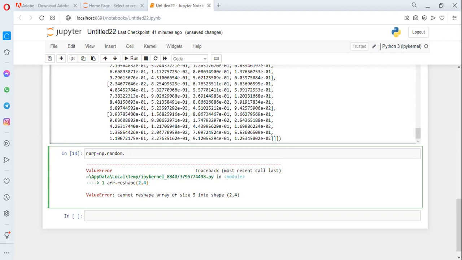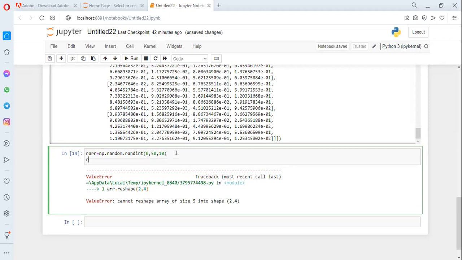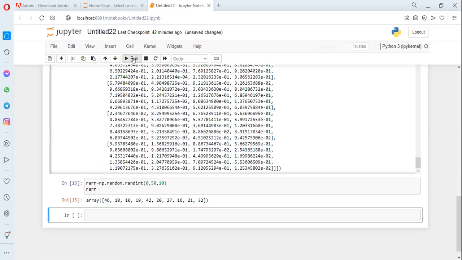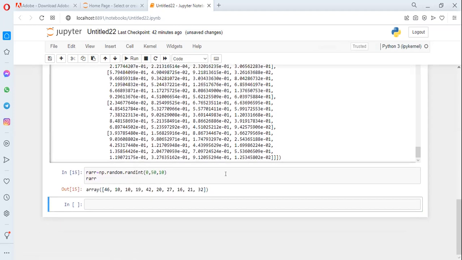dot random dot randint 0, 50, 10, and then I write here ARR. Right. Now